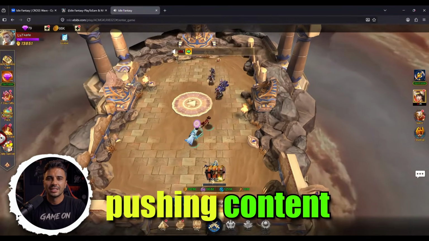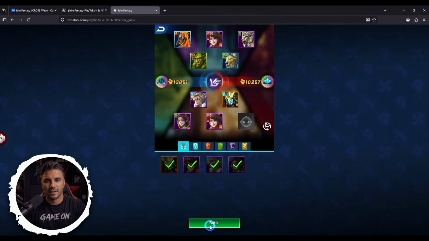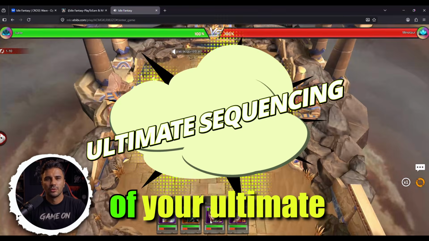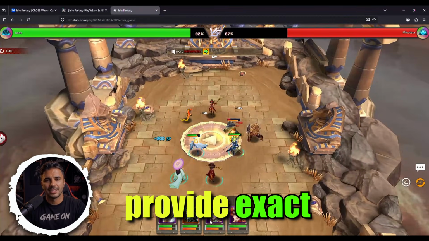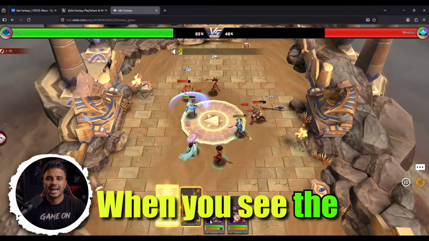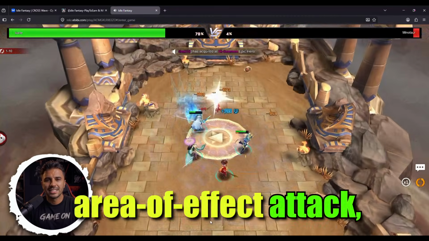If you are pushing content that is way above your power level, you cannot play on auto battle. You must take manual control of your ultimate sequencing. The combat animations provide exact visual cues. When you see the enemy boss glow or raise their weapon for a devastating area of effect attack, you have